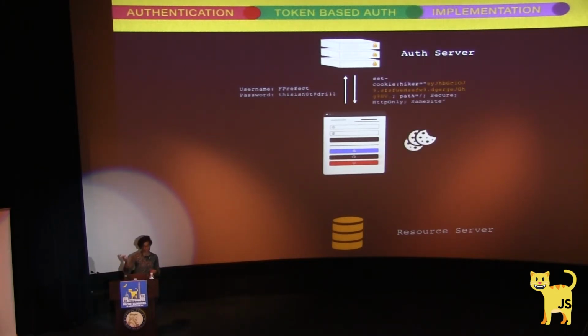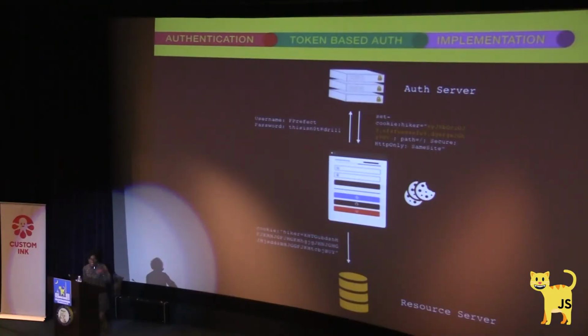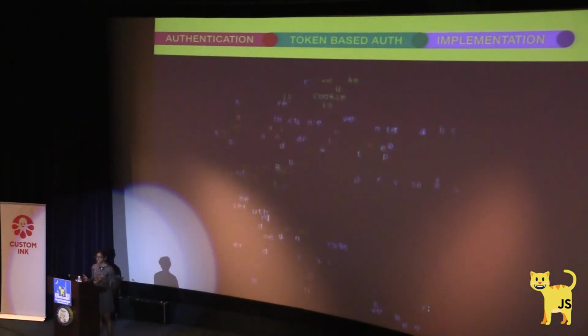So say you have a username and password, you can use a JWT in a cookie. You can do that if you'd like. So the server basically sets a cookie on the browser. And then now the browser, whenever it makes a request to a protected resource, has the cookie in it. And then the resource server can serve it data or whatever it needs to serve because it knows that the user has already been authenticated based on the cookie that has been served. So it's really nice and really handy.